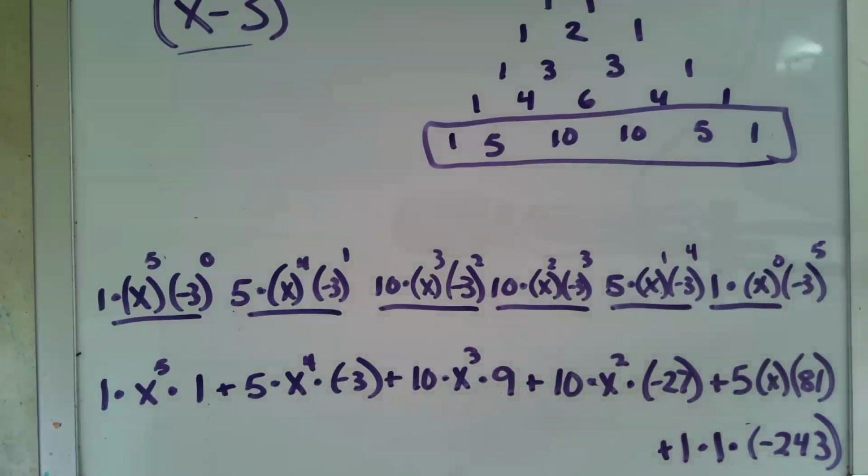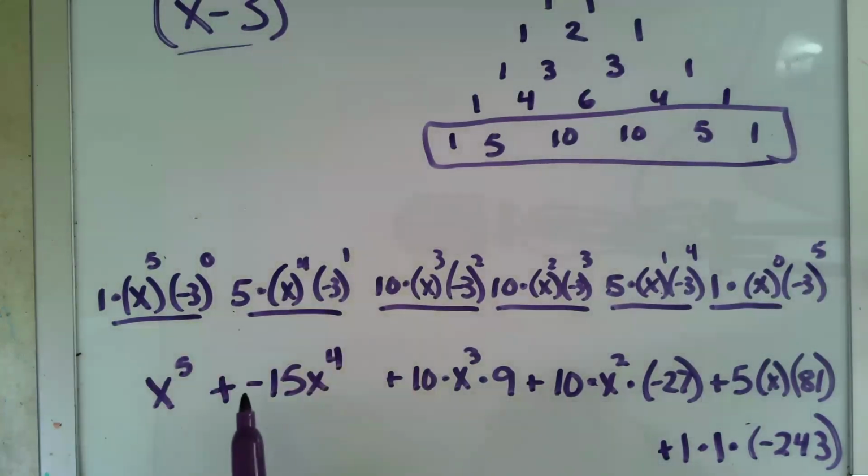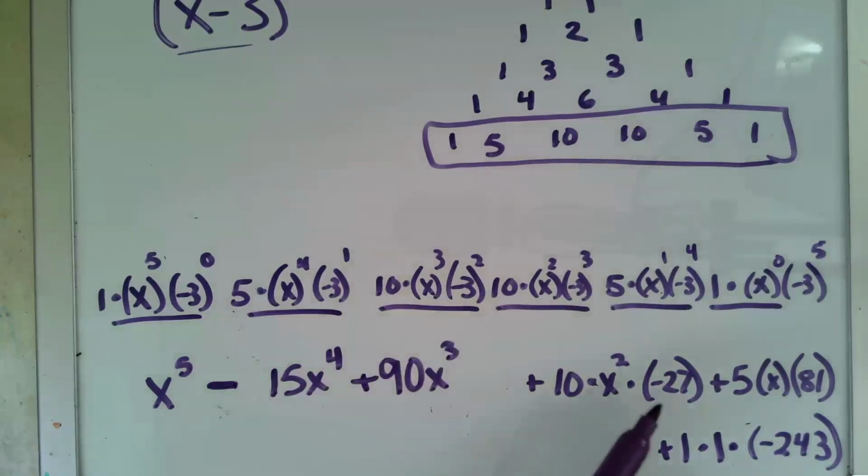So now I'm going to go back through and consolidate those terms. 1 times x to the 5th times 1 is simply x to the 5th. 5 times -3 is -15 times x to the 4th, so that makes that plus -15x to the 4th, or simply minus 15x to the 4th. Next, my 9 times my 10 is 90 times my x to the 3rd. Next up, -27 times 10 gets me